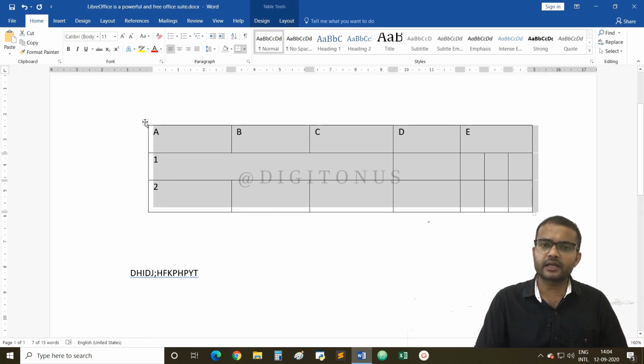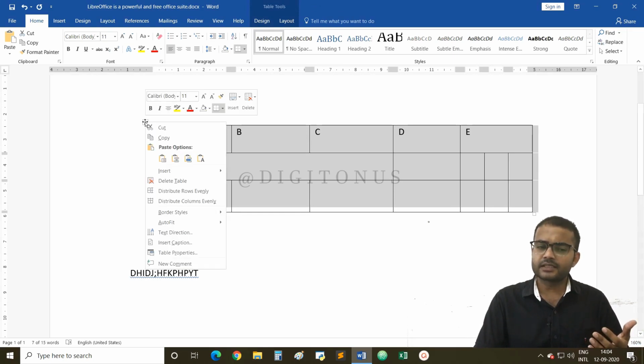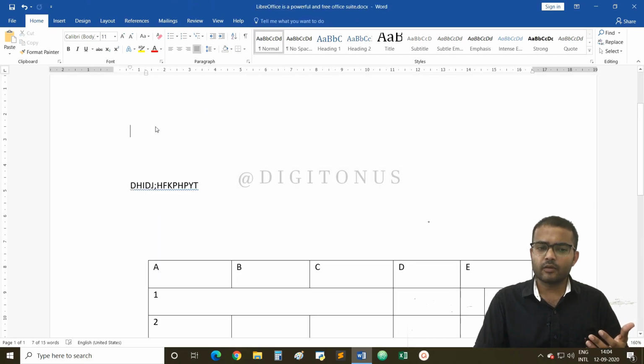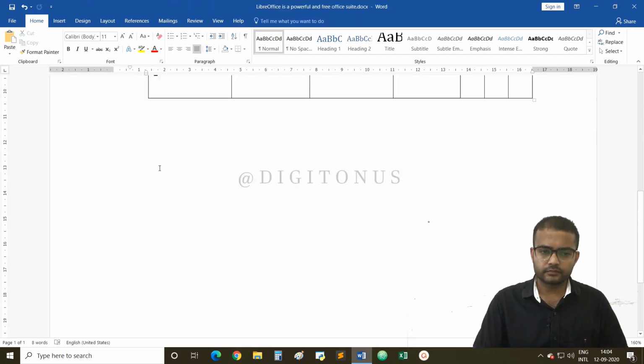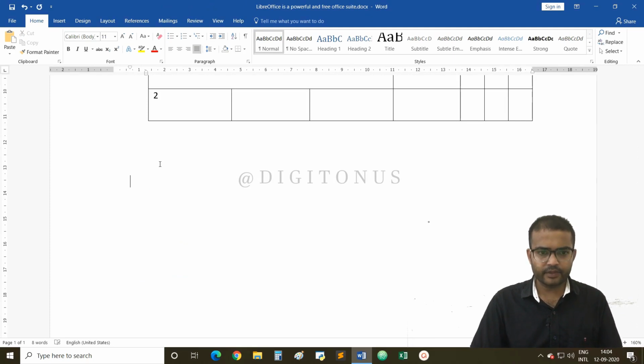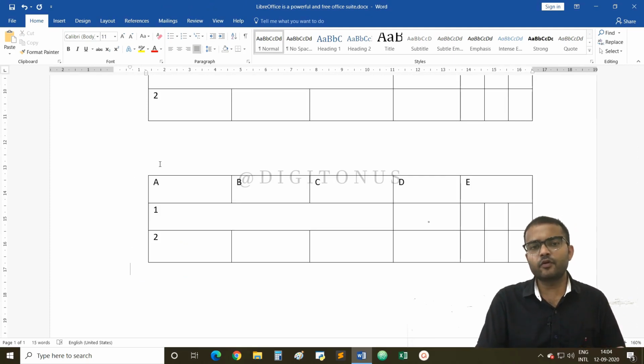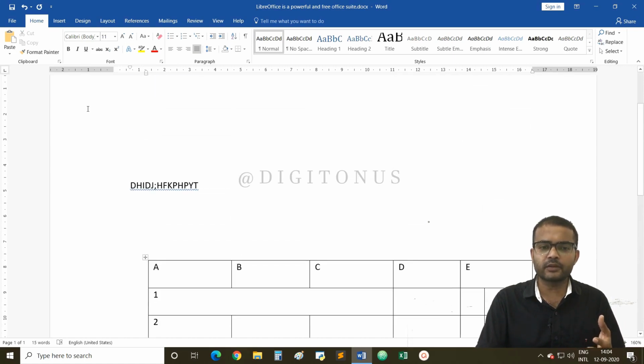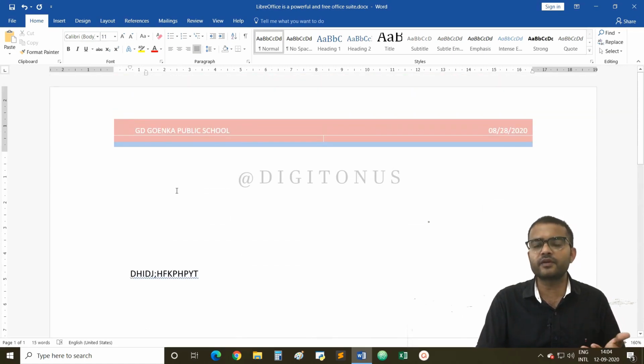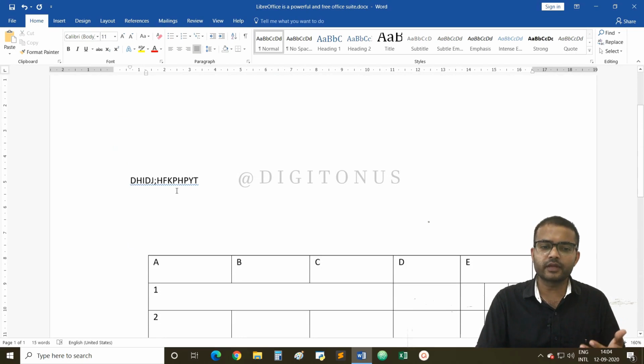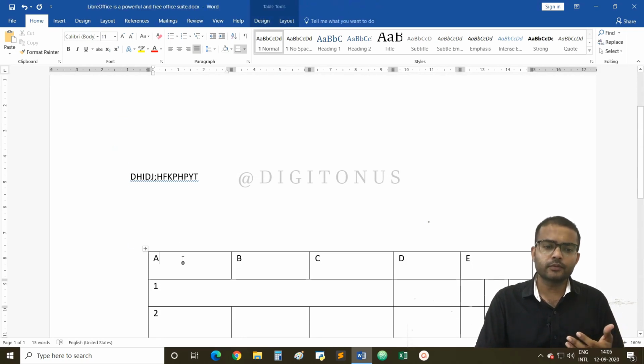So again you will right click on the table handle button, select the option cut. Now move to a new location and then again paste. So the table has been moved from one location to the other. Now there is no table at the previous location.